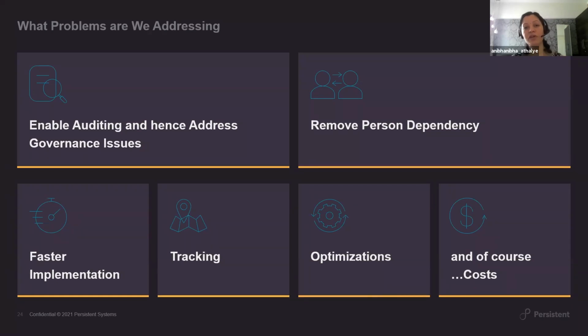Of course, tracking for peer and superior reviews. I didn't go into a lot of detail on capturing all the outcomes as graphs and visualizations, which you can also do as part of MLflow, and use as a supervisory or review effort, where they can really see the outcomes associated with a specific experiment, and they can run the experiment completely independently without you being there to see the results. Optimization certainly, and then of course all of this translates into cost savings when you are reducing the time and effort for faster implementation and removing the person dependency.